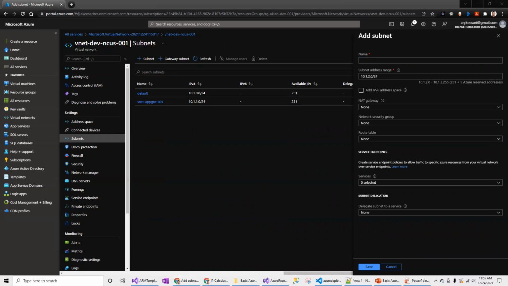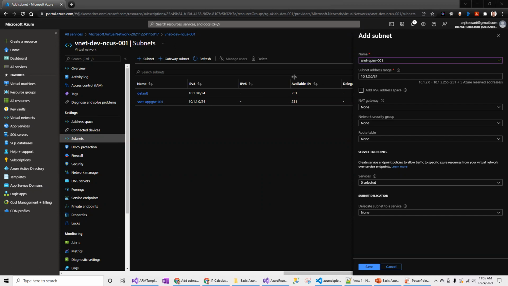So let's quickly look at what those remaining subnets are. I missed it. So I have the application gateway. I'm going to create one more for APIM, SNet APIM. The address range is by default given to me as 2.0. So that is what I'm looking for as per my sheet.